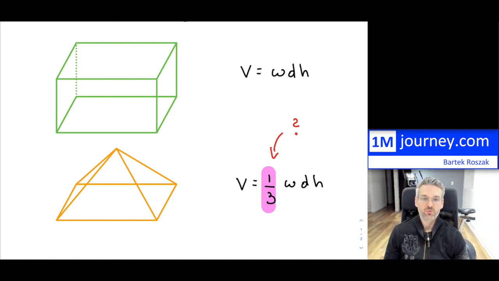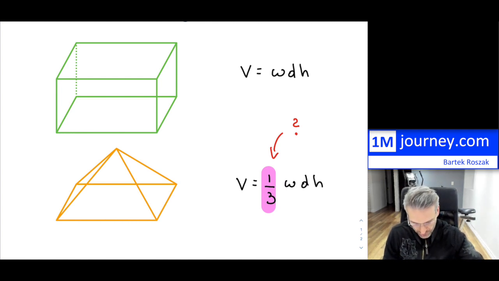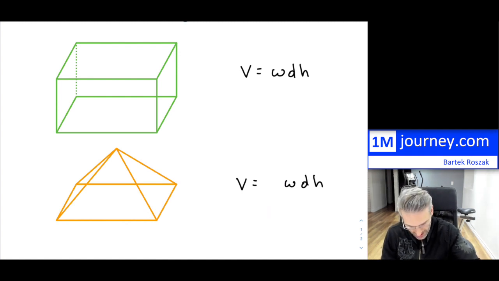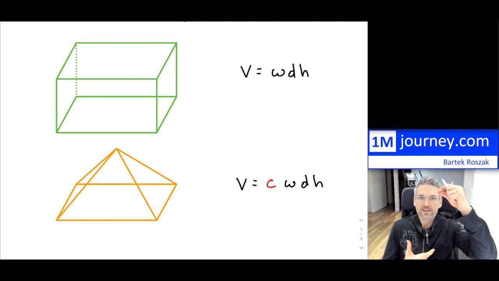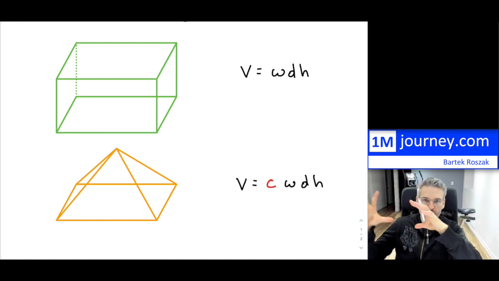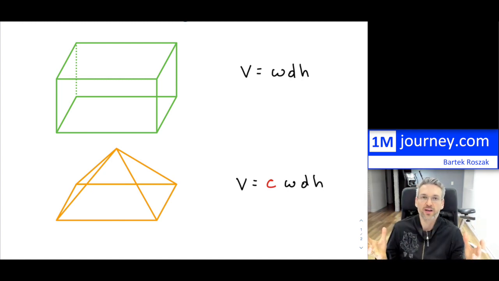Why do we have this 1/3? That's the ultimate goal, so this is the question. We're not sure exactly what it is. I will assume that it's some constant, but I just don't know what this constant actually is. I know that it's the base times the height, but what portion of that prism it is, I don't know that it's 1/3. We know that because we see these formulas all over the place,